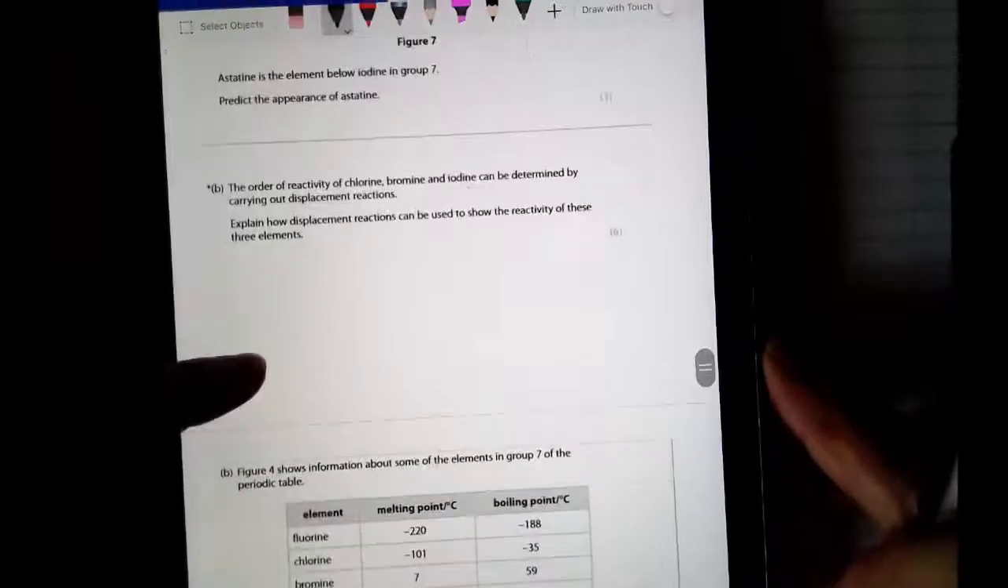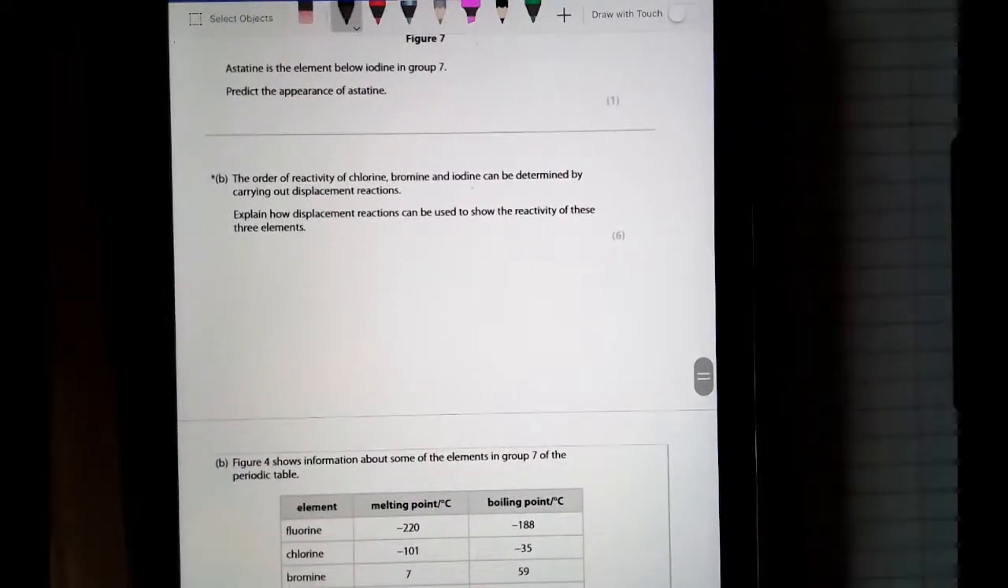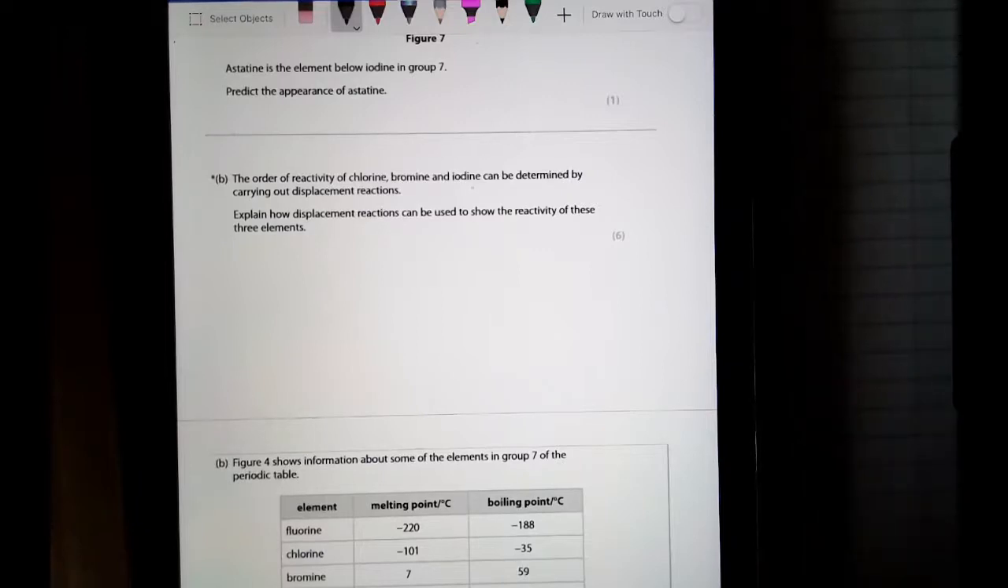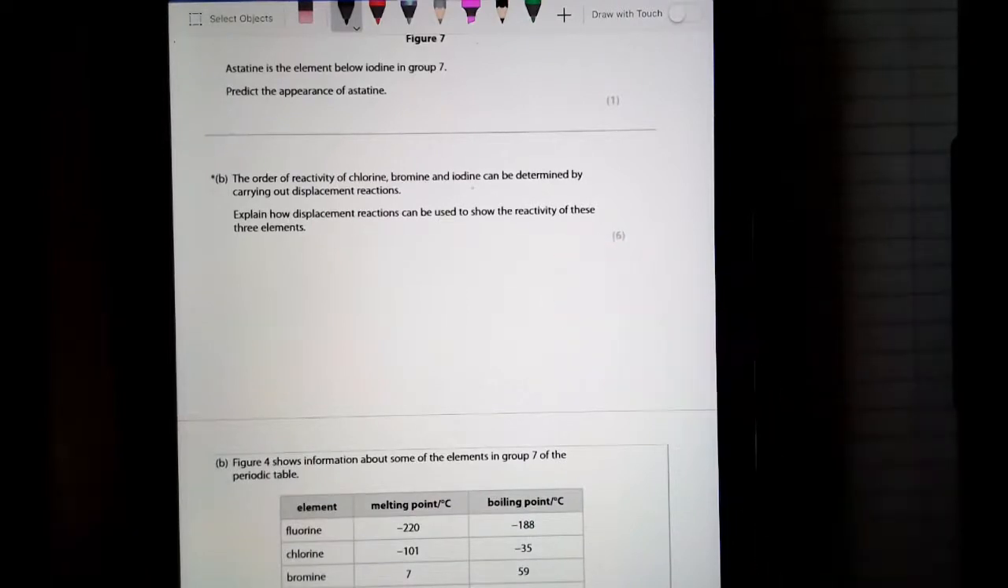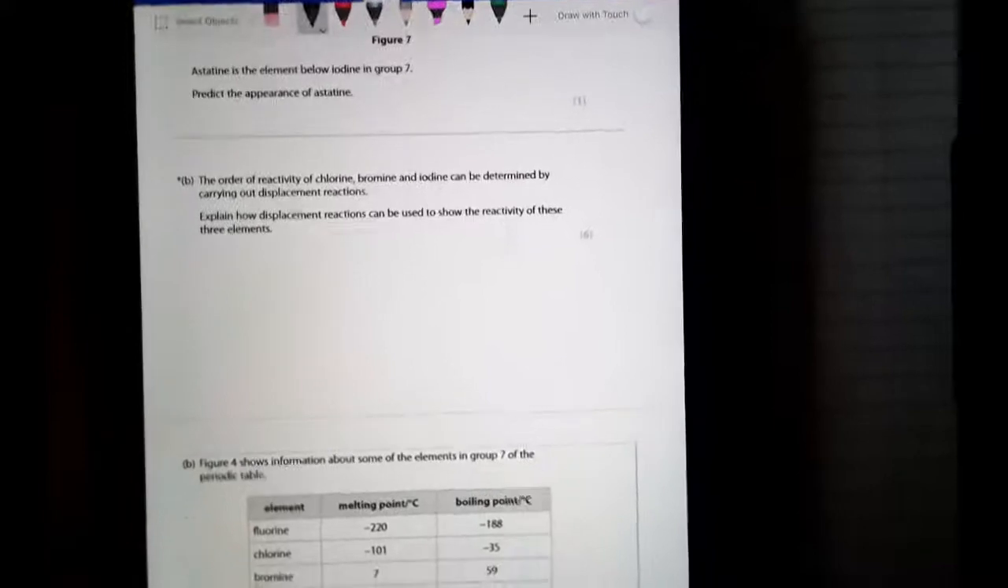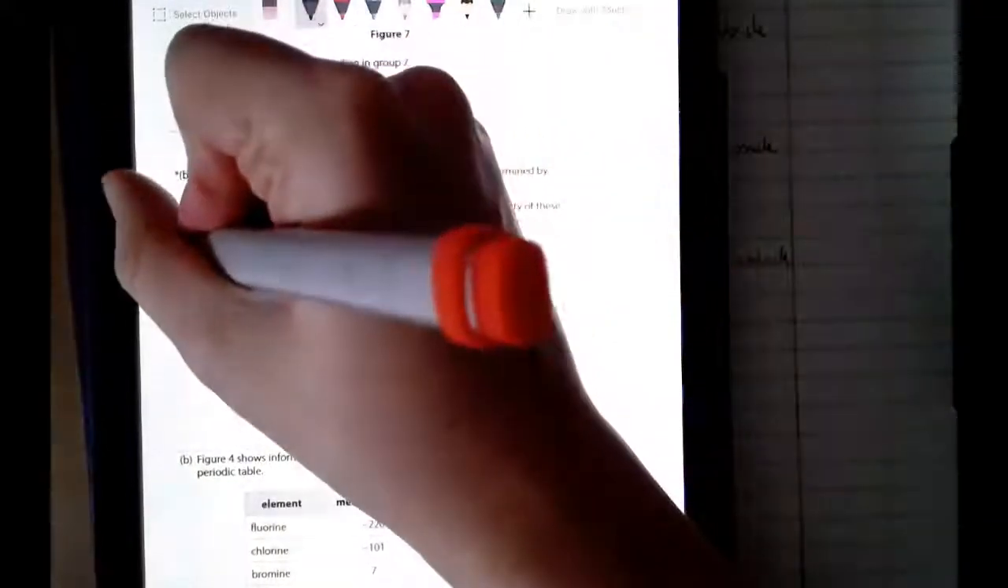A slightly harder question, back up here, is for a full 6 marks on displacement reactions. It says, the order of reactivity of chlorine, bromine and iodine can be determined by carrying out displacement reactions. Explain how these reactions can be used to show the reactivity of these three elements. To do this, you're going to need to describe how you would carry out those displacement reactions and what you would see. So I'm going to start off by saying I would add chlorine